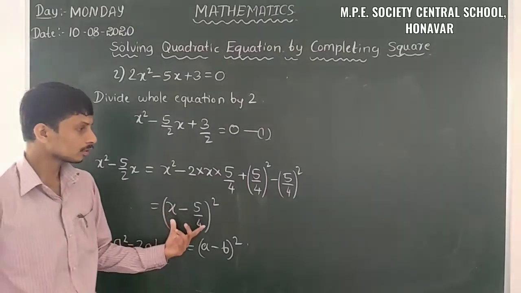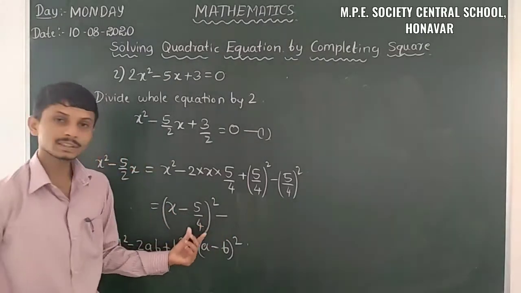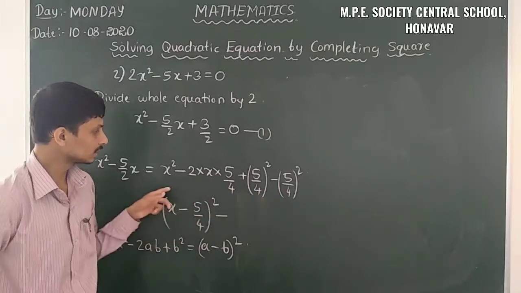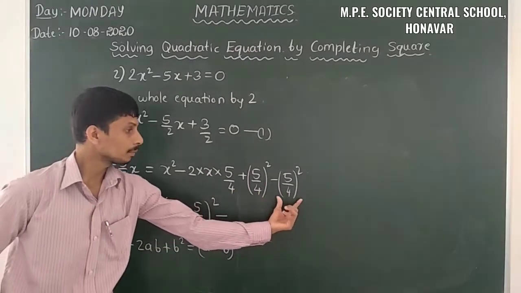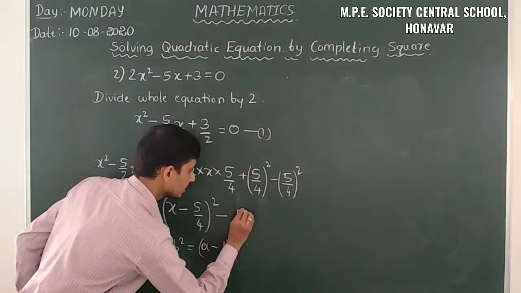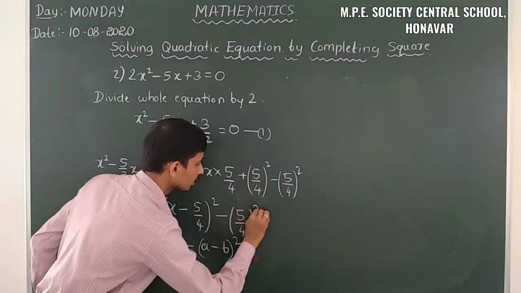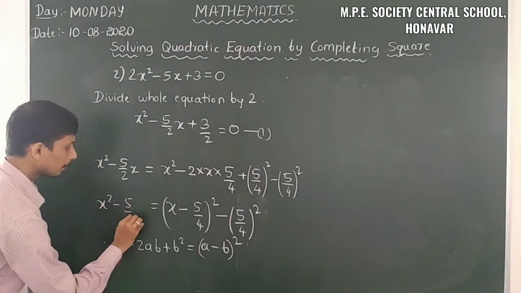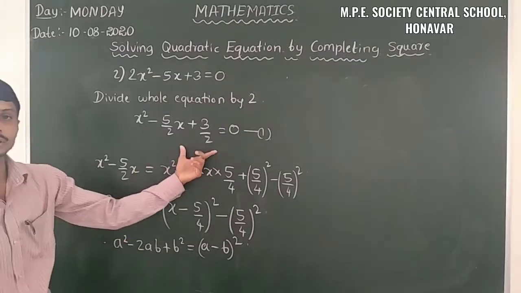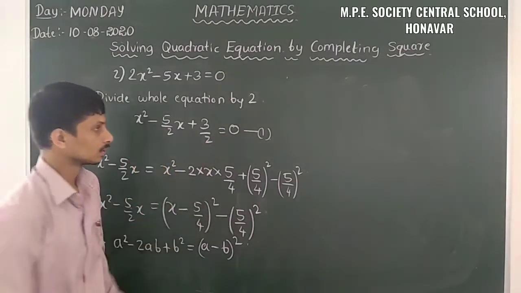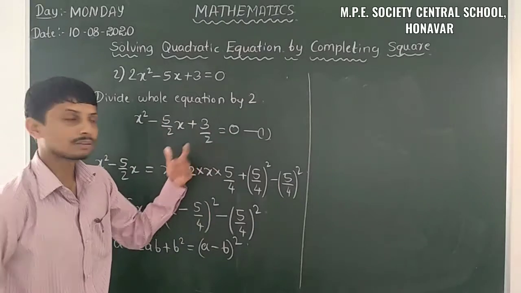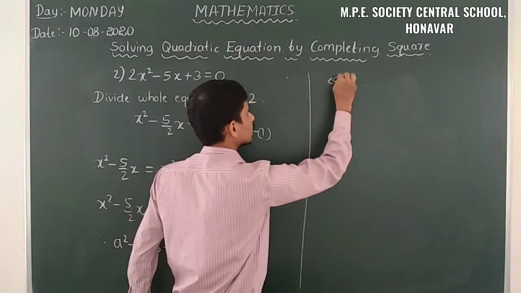So after that what do we have to do? So here what remains? x minus 5 by 4 whole square. So we got that from these 3 terms. So again 5 by 4 whole square remains. We have to put the value of x square minus 5 by 2x into equation 1 here. Then what happens to equation 1? Equation 1 becomes